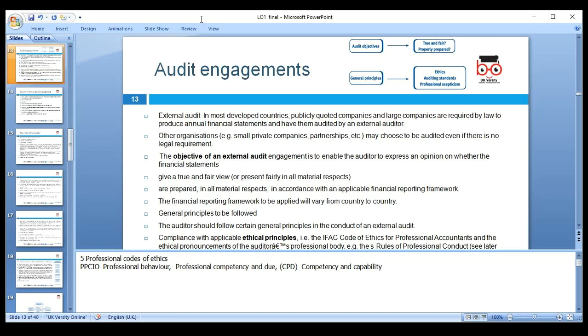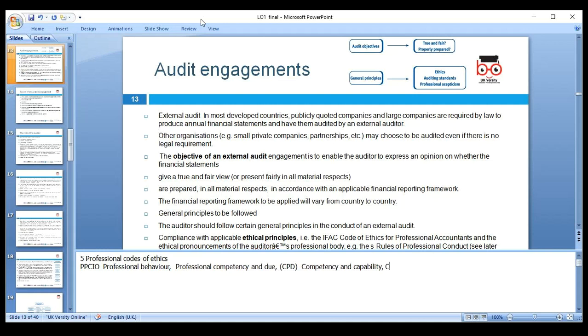Yes. So the skills we have can become outdated, and we need professional competence and due care. We need to carry on upskilling. Yes. CPD, which is the requirement of professional bodies. Professional behavior: don't bring disrepute, self-interest or any close relationship. Okay, next, which we'll go through in our ethics, which is learning outcome 4 as well, further in detail.